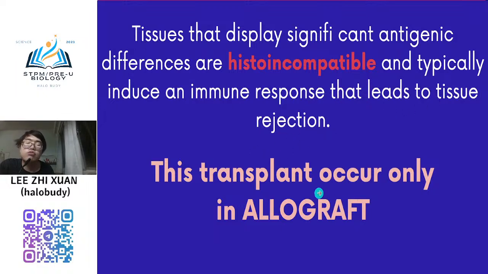So normally this one occurs only in allograft and also xenograft lah, but xenograft, to confirm got rejection lah. Allograft still has a low possibility of not having rejection. But xenograft, if you do not do genetic modification and just directly transfer, confirm 100% can say got rejection. But unless you change the genetic sequence of certain parts of the donor organ, then you can reduce the rejection rate.